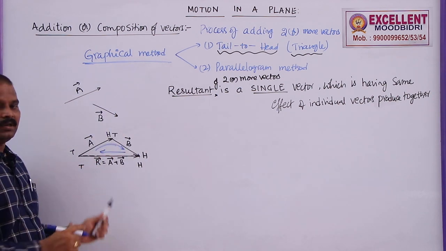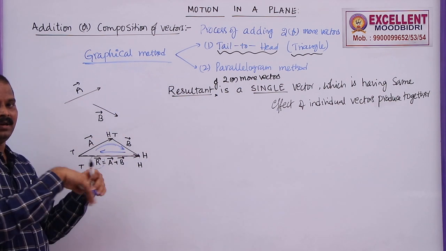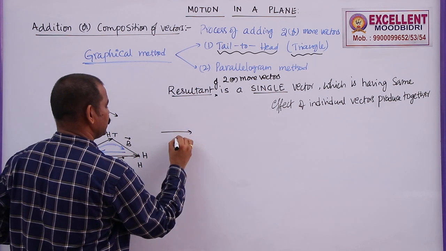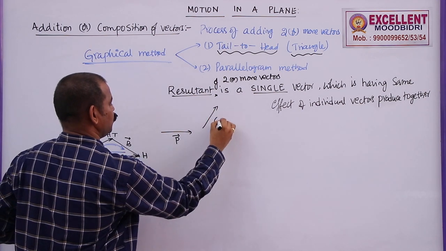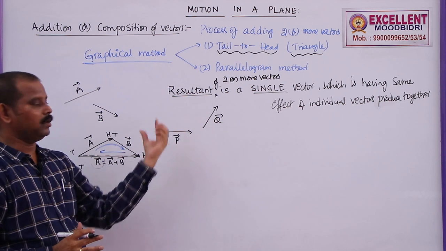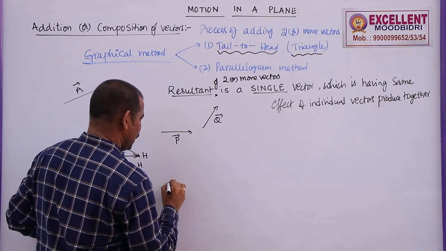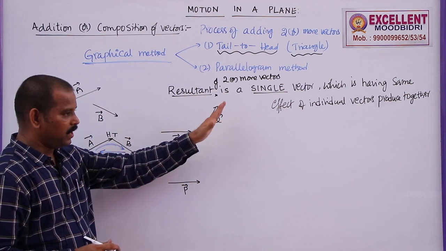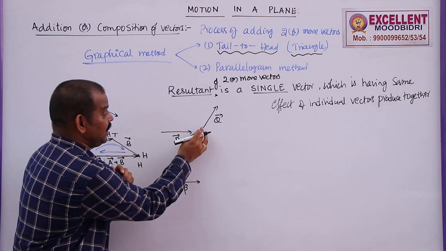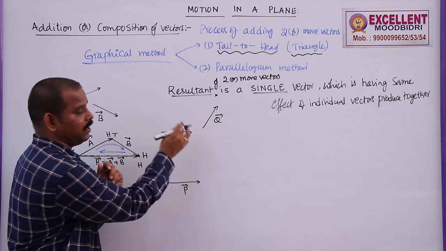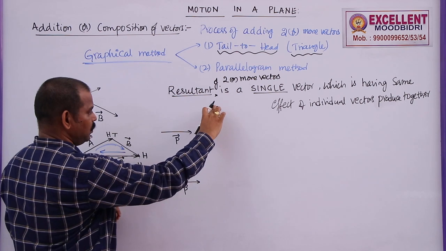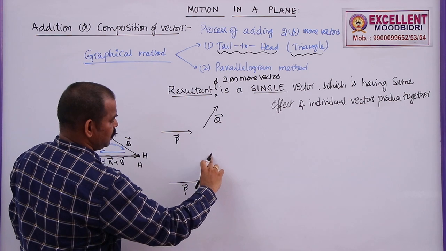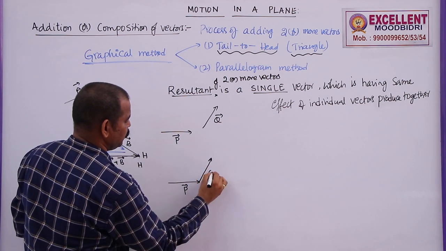Graphically you can measure it, but how to find the magnitude we will learn in the next class. Similarly, if you take two more vectors here, this is vector P bar, this is vector Q bar. In this case, how to find the resultant of these two vectors? First, draw the given first vector P bar as it is, and the condition is to displace the second vector such that the tail of the second vector is in contact with the head of the first vector. So, you just move it up to here. Here actually vector Q is here. So, move it and displace it such that this will be Q bar.